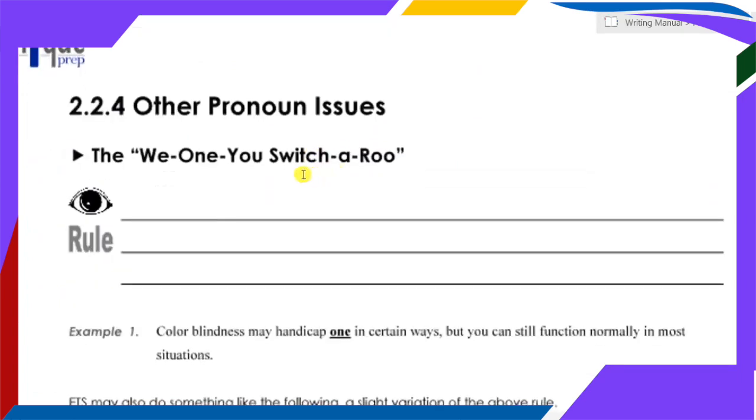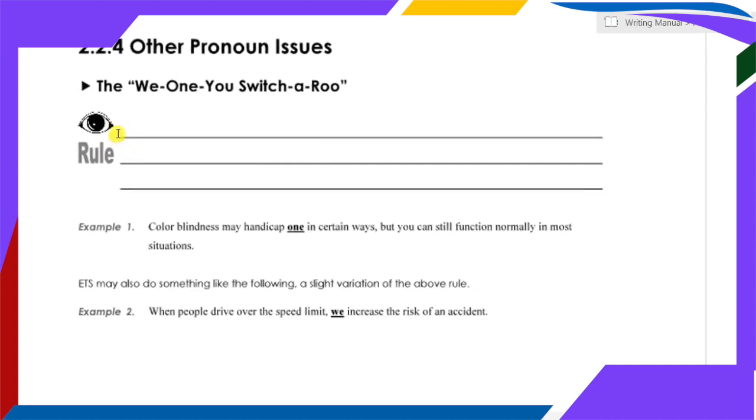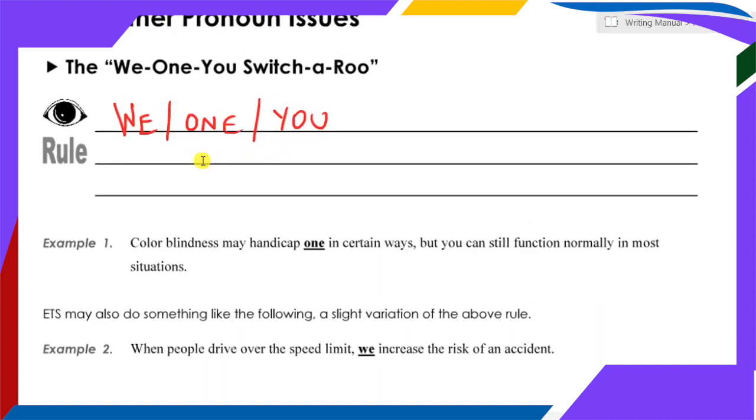However, there are a few additional pronoun issues that you need to be aware of. The first one is the we, one, you switcheroo. Here is your tip-off clue. The tip-off clue is actually those three pronouns right there, we / one / you. If you see any of those pronouns, you need to make sure that the we, one, you switcheroo is not being violated. The rule is do not